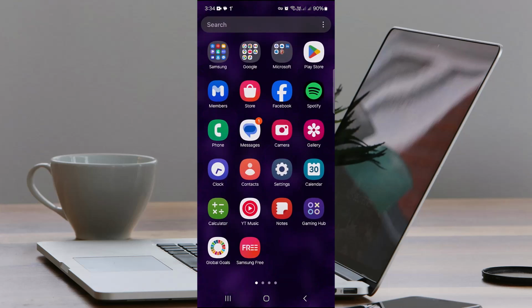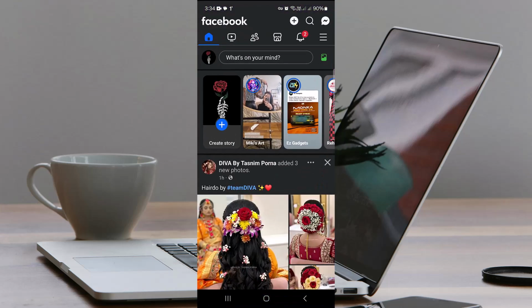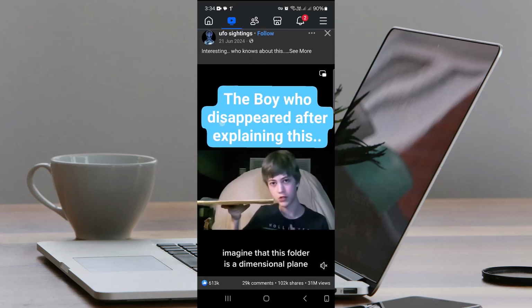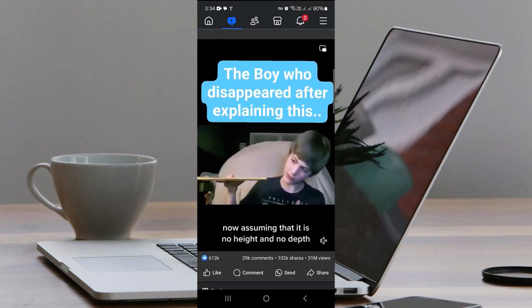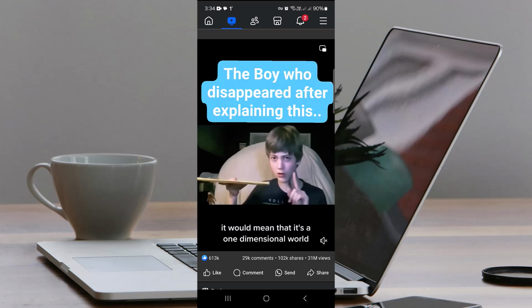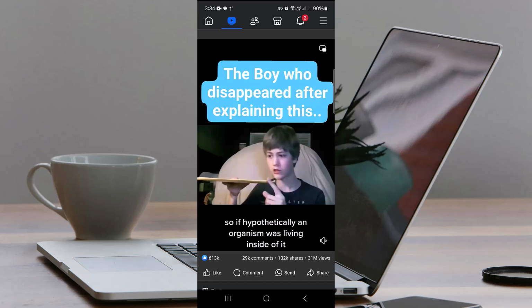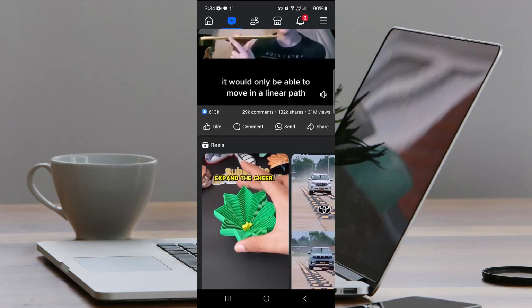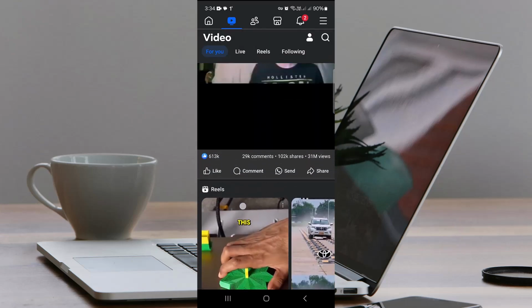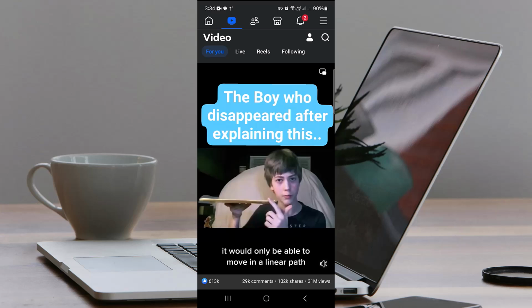Let's head over to our Facebook application and here head over to your watch section, our video section, and in here you might find that the video that is playing in your background might not have any sound. So there is a sound icon on the lower right corner. Sometimes with the video's color, it's not visible, so you have to just tap on it and the sound will